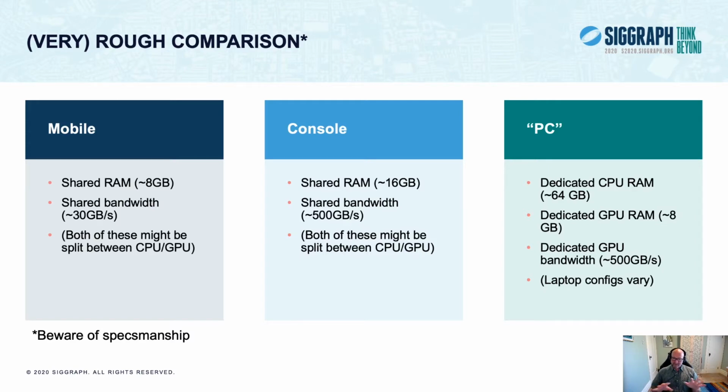So here's, as it says, a very, very rough comparison. Just as a note here, these numbers don't describe a single device in each category, but represent a rough overview of what you could expect from the latest generation of devices from across this spectrum. And these numbers are rounded, they're approximate, but they do come from SoC specifications, GPU vendor specifications, and device review sites like Tom's Hardware and AnandTech. So you can go employ your favorite search engine and find all these numbers. They're pretty close to what I'm representing here, but take the tilde with a grain of salt.